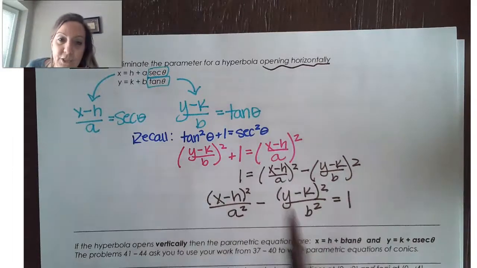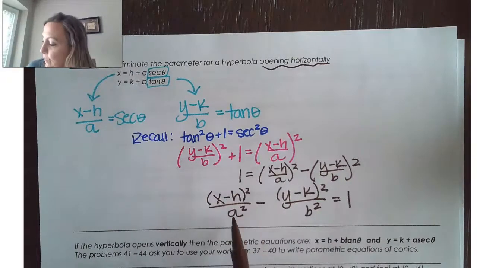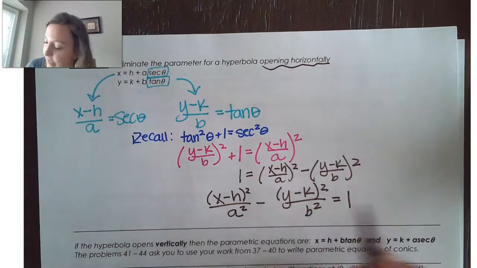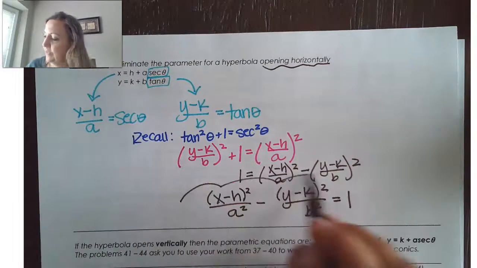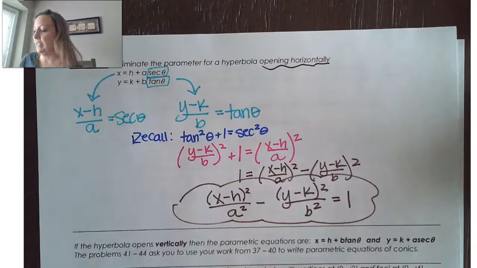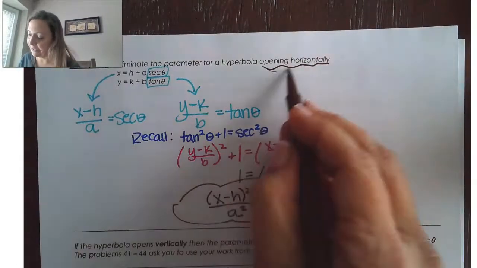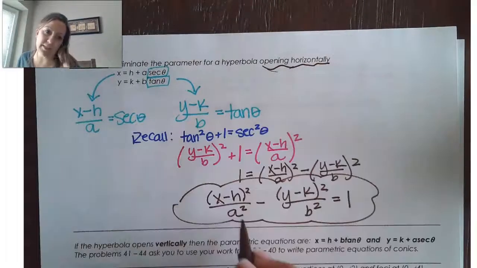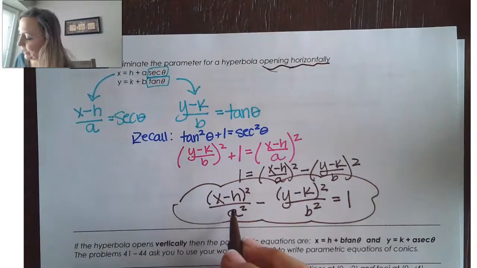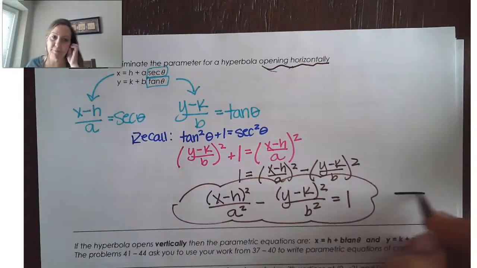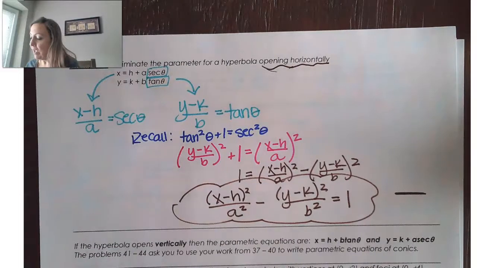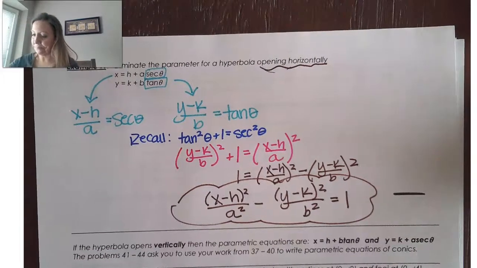That x minus h squared over a squared minus y minus k squared over b squared equals 1. Which makes sense because this told us that the hyperbola should open horizontally. And here, since the x is our positive term, we know that our axis is going to be coming this way. If your hyperbola opens vertically,